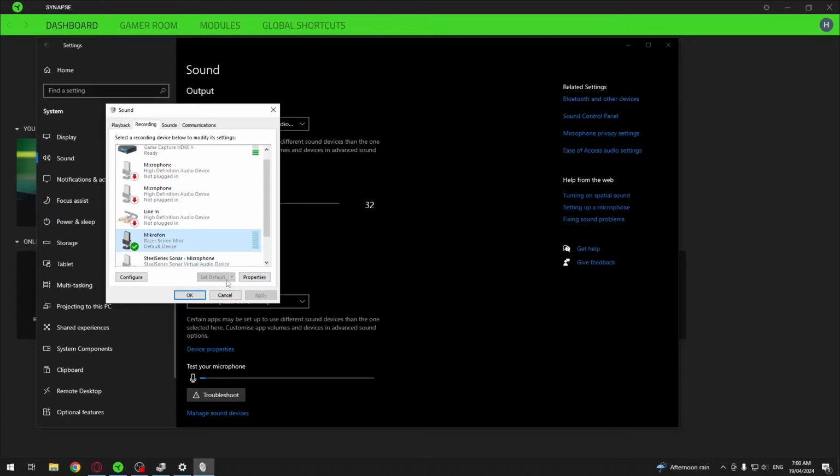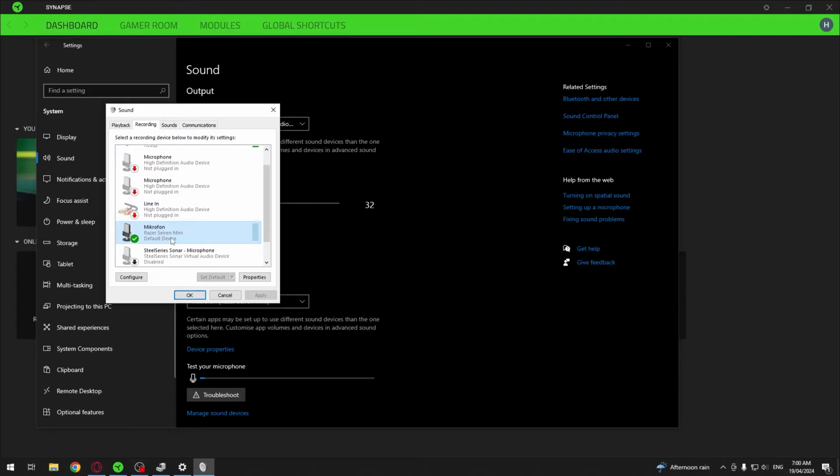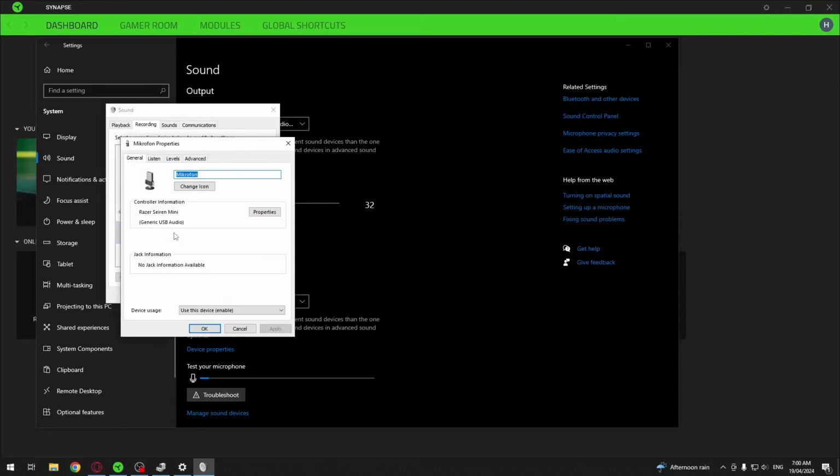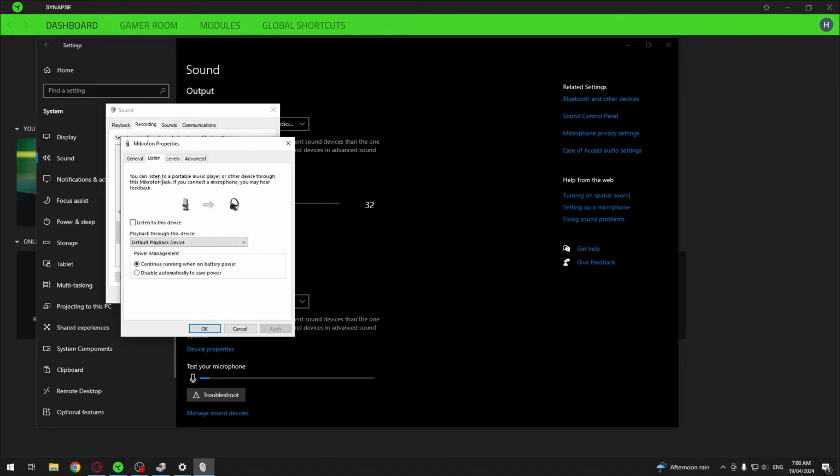If you want to set it as a default device, you can do it by clicking right here. When it has this green thing next to it, that means it's selected as the default device. Then we can double click on it and go for the listen, and you can listen to this device. If you enable it, that way you'll be able to hear what you're saying on the microphone and test if